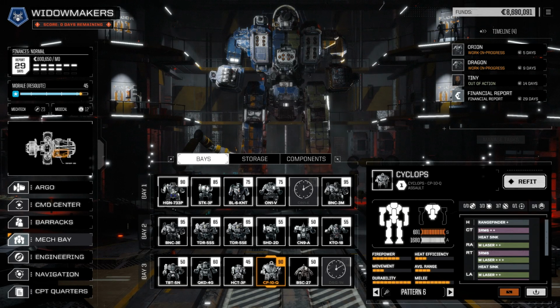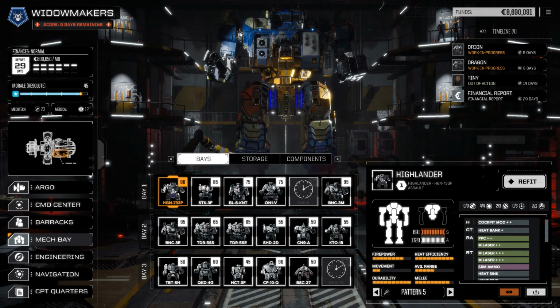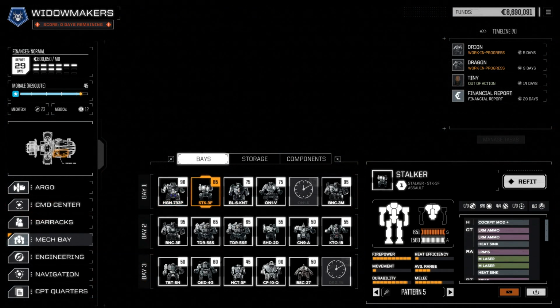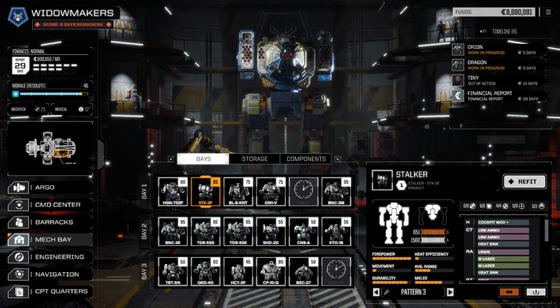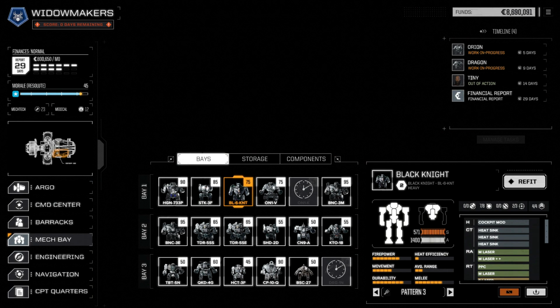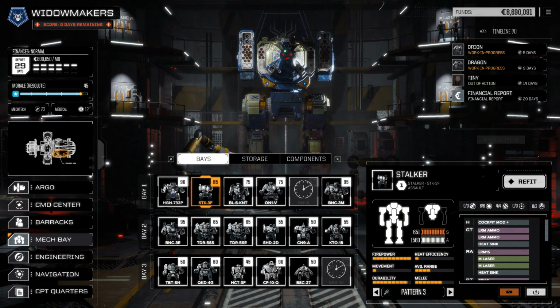We've got a Cyclops there, got a Highlander, which I love a lot. Didn't manage to get an Atlas or a King Crab. I'm not sure where I would have fought either of those in the career mode. So it's a bit hard to figure out where you're likely to encounter certain types of mechs unless they're the really common types. But yeah, we got the Highlander